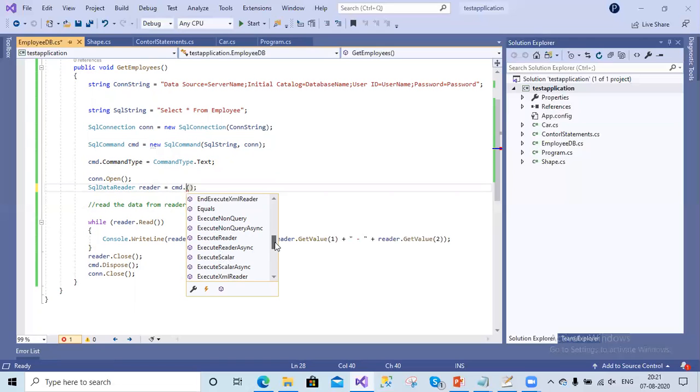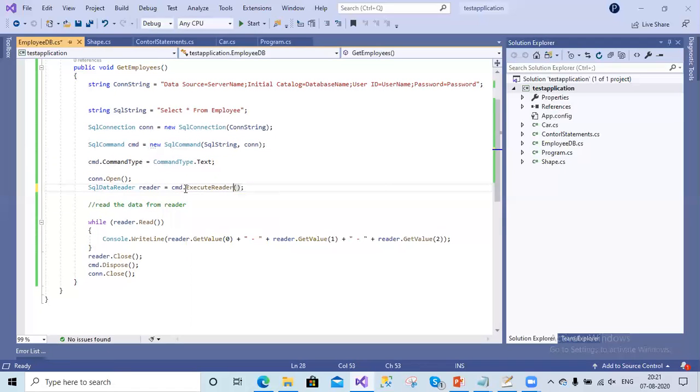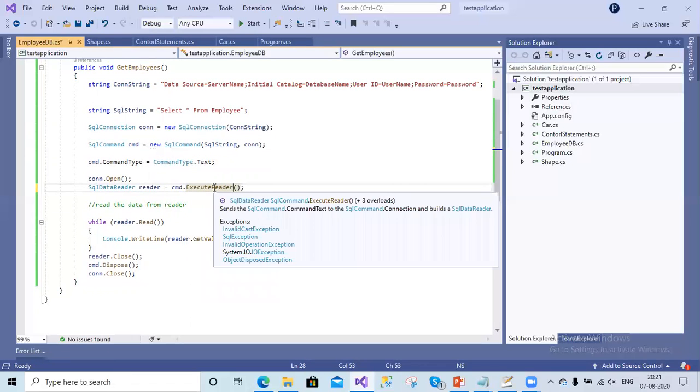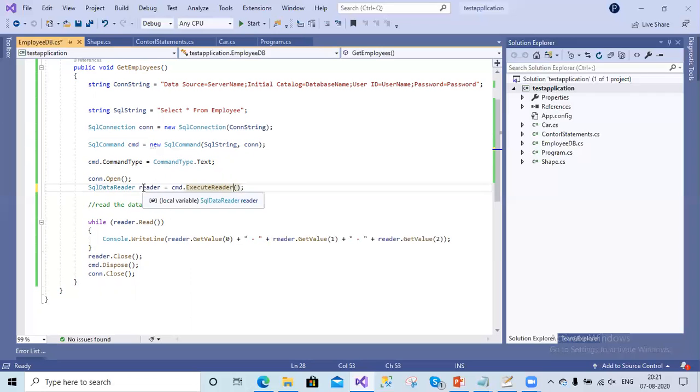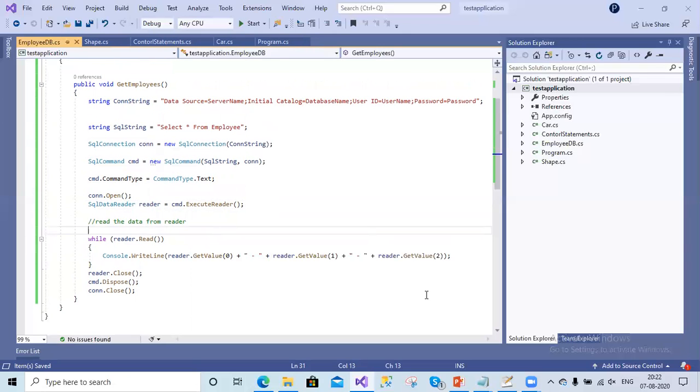If you want to get only one variable from the database, then we have to use ExecuteScalar. Likewise, we have some other methods given by default by this client. Right now we want to get all the data from that database, that's why we're using the ExecuteReader method. This will get the data as a SQL iterator, and we loop over this data with a while loop. It opens the database.